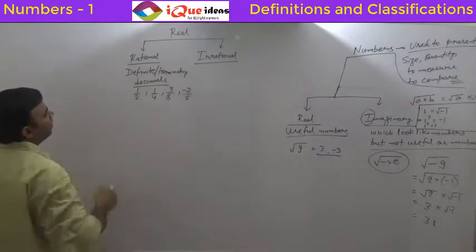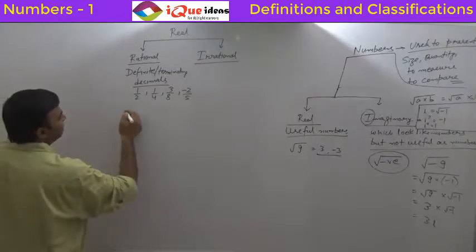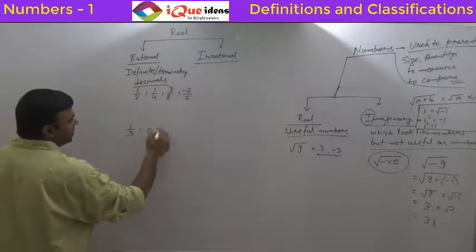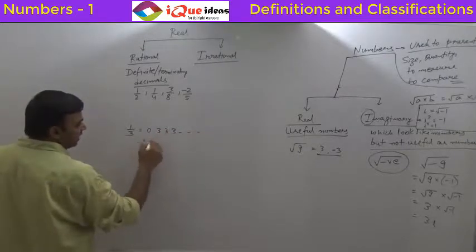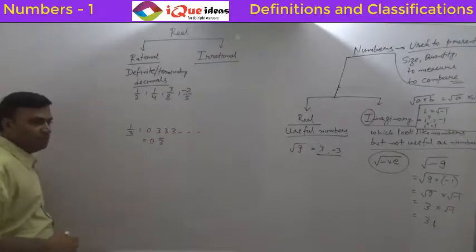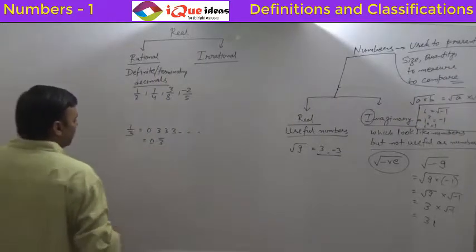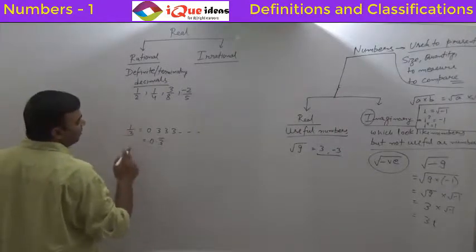Suppose we have a number which is not a terminating decimal. For example, 1 by 3. But you see 1 by 3 has a pattern. It is 0.3 and then 3 and then 3. It goes on like this, and we present it as a recurring decimal. We call them repeating or recurring decimals. So if the decimal is non-terminating, but it is repeating, or there is a pattern of digits,